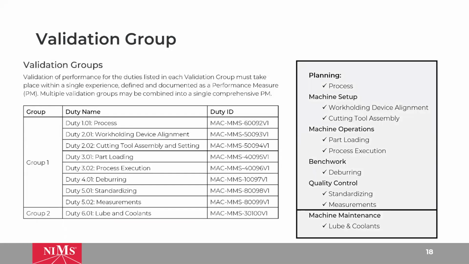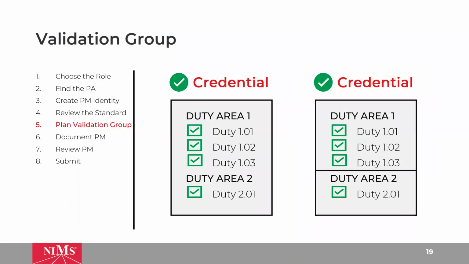There are two validation groups for manual milling specialist. But it also tells you that you have the option to combine them if you can think of one comprehensive experience that will validate all the duties. So you can do that as well. Some things to remember about validation group: you can create a comprehensive single experience, or you can group it according to the validation group. As long as all the duties are covered and in accordance with the performance agreement, then it should equate